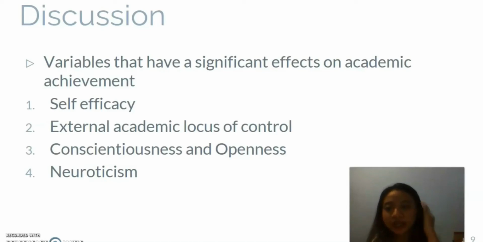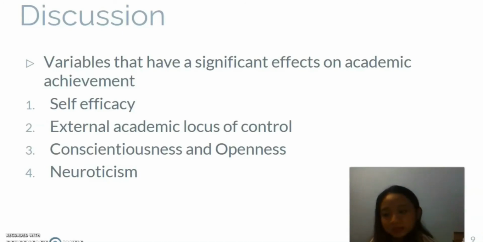And third is conscientiousness and openness. These have a positive and indirect effect. Online learning requires more responsibility from the students, and online learning could also be seen as a new and different experience. So it could be expected that people who are responsible, decisive, and open to new ideas should be more successful academically.